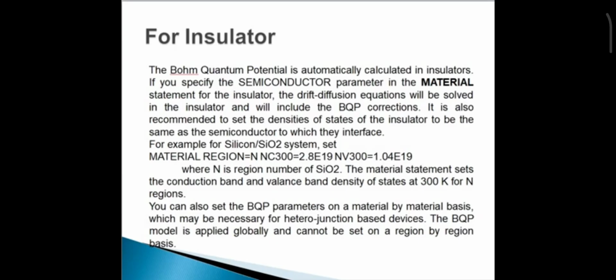You can also set the BQP parameters on a material by material basis, which may be necessary for heterojunction based devices. The BQP model is applied globally and cannot be set on a region by region basis. This material statement for the region, for example region 2, which is the region for the SiO2, will set the conduction band and the valence band density of states at 300 Kelvin for this particular region,